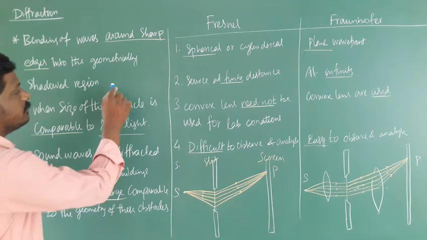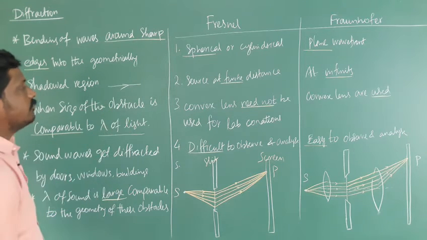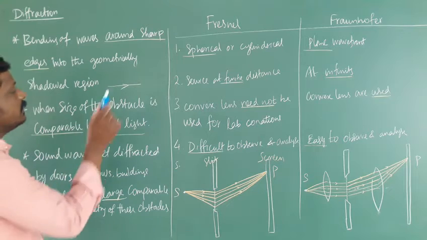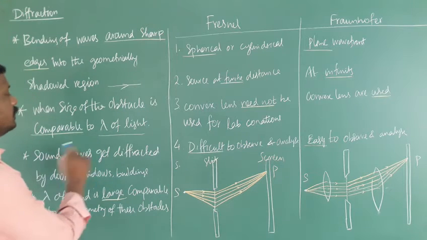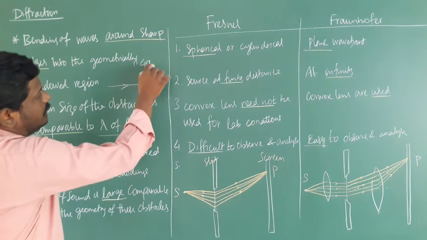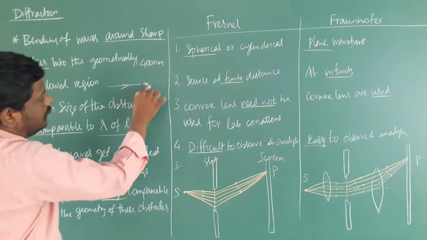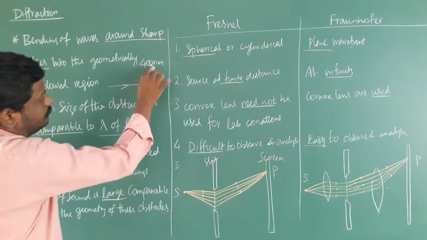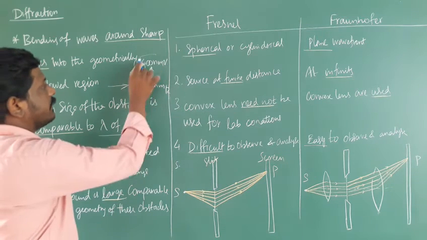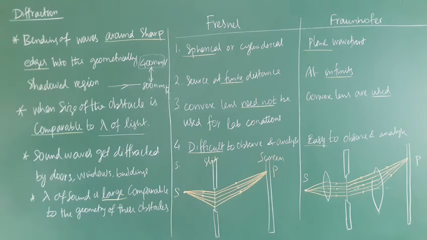Rectilinear propagation means straight line motion of light, but diffraction is more prominently pronounced when the size of the obstacle is equal to the wavelength of light used. That is visible light, 400 nanometer to 800 nanometer, a range from violet to red. So if the size of the obstacle is in the range of 400 to 800 nanometer, diffraction will occur in the case